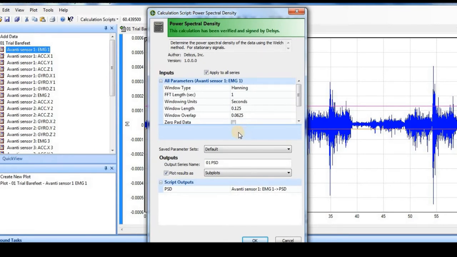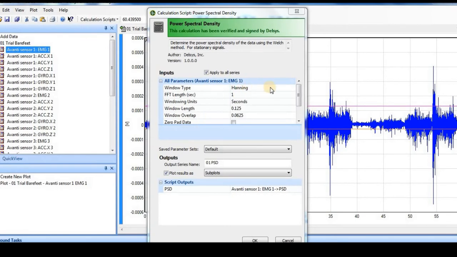So one by one, let us understand what these different parameters are that are to be set in the input parameters. The calculation script reads that this is verified and signed by DELSYS, and this determines the power spectral density of the data using the Welch method for stationary signals.